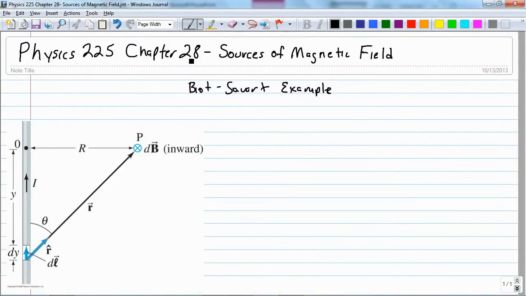For our example using Biot-Savart, we're going to use an infinite wire that's carrying a current, an infinitely straight wire, and we want to know what the magnetic field is outside, away from the wire. Now we already know what the solution is, so hopefully we get to that solution. So let's start with our